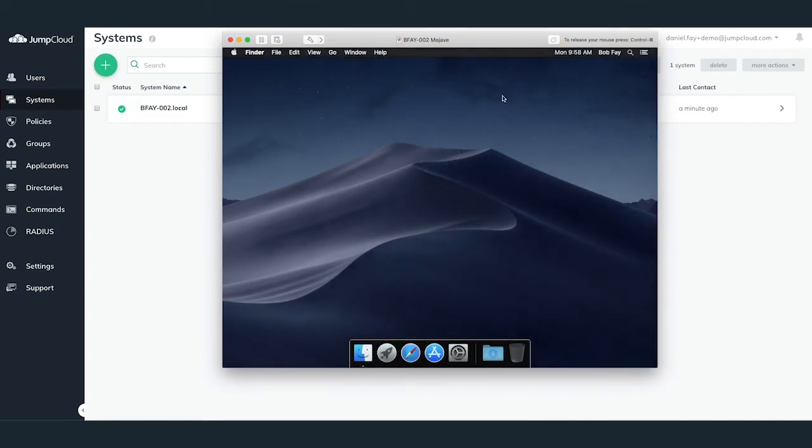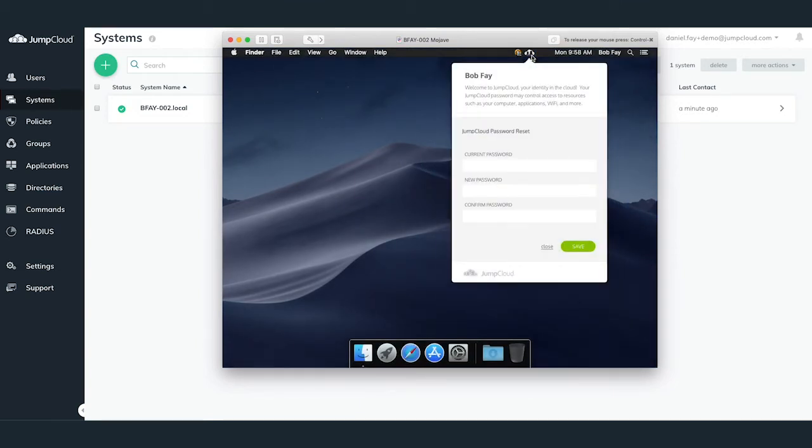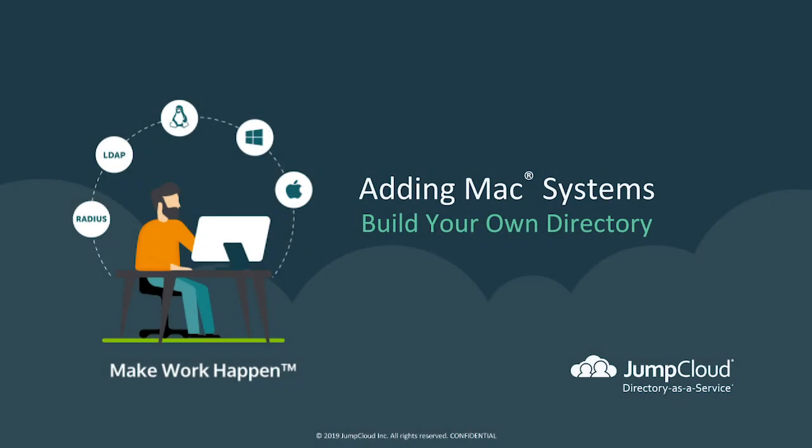Additionally, for Mac users, they'll see a JumpCloud app in the top right taskbar. They should use this JumpCloud app at any time in order to update or change their passwords for their JumpCloud account and connected resources. Thanks again for watching this tutorial over adding your company's Mac systems into JumpCloud and taking